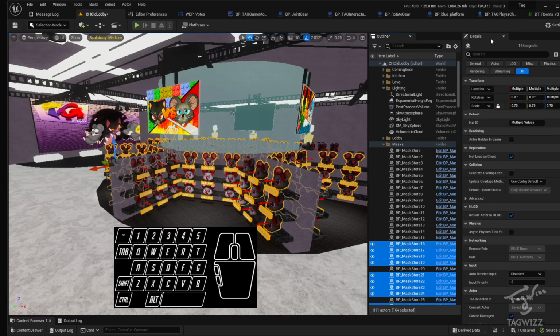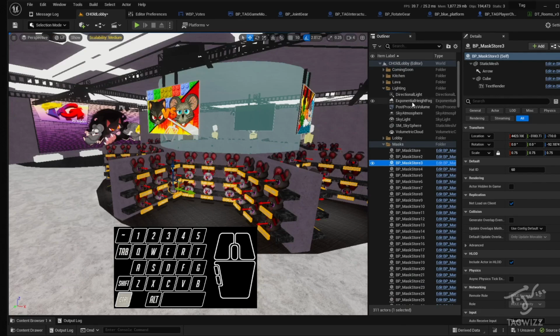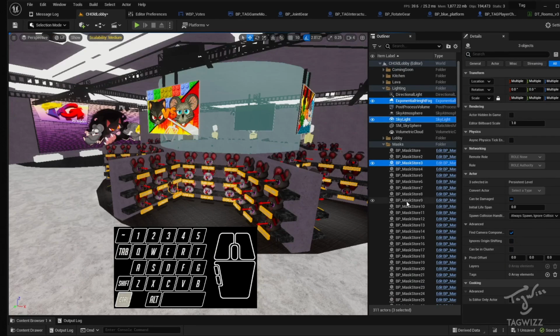In the Details tab, we can change the properties that we have for each selected object. If the properties of the selected objects are compatible, the properties to modify for all selected objects will be listed. Here we can see the general properties of all the objects, for example, transform, location, rotation, scale, as well as